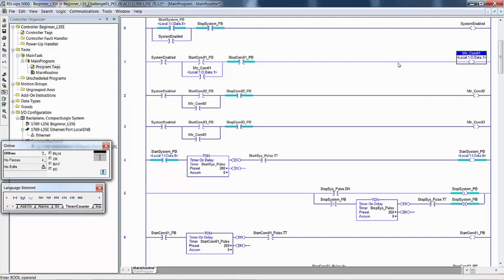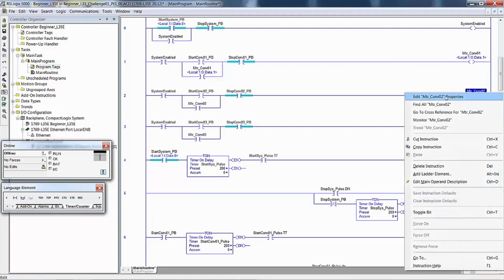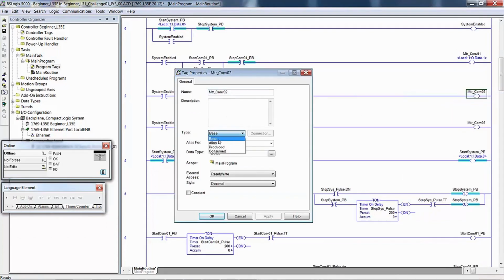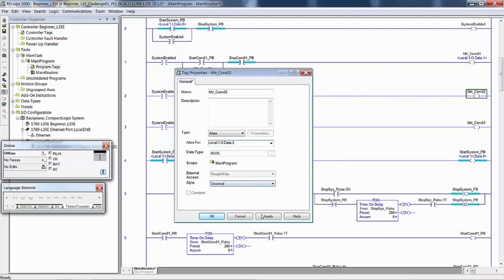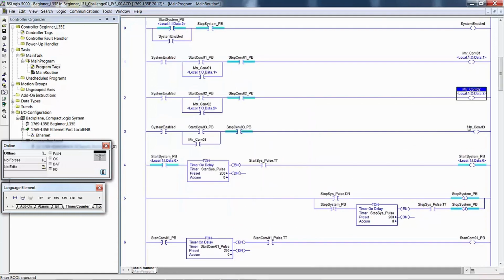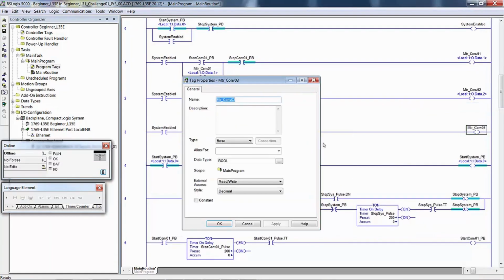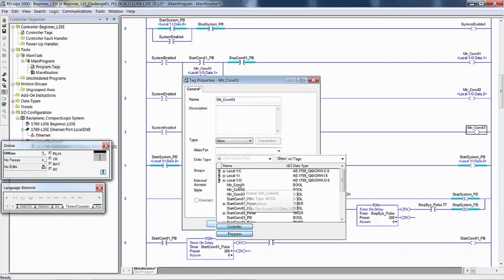Repeat the process to alias motor conveyor 0, 2, and 3 to bits 2 and 3 respectively. So right click, edit, alias, drill down, local 1 O, 2 for motor 2, motor conveyor 3, alias. You can pause if I'm going too fast, but after you've been doing this for a